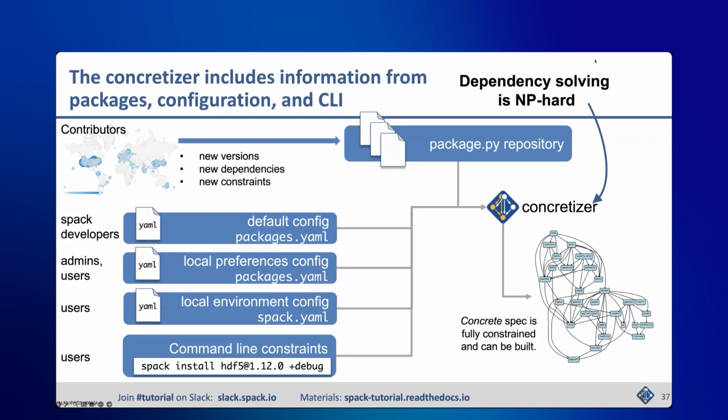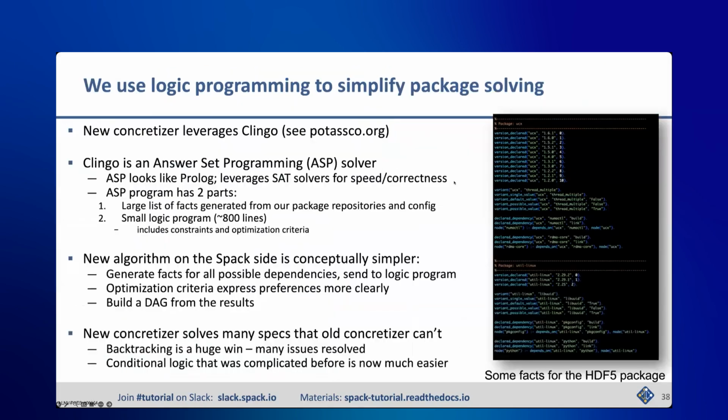You have to deal with diamond constraints, and essentially anything in the graph could affect anything else in the graph. So it's an NP-hard problem. We are using something called answer set programming to handle the solver internally. So the concretizer is implemented with Clingo, which is an ASP solver. You don't have to know any of the details of this to use Spack, but so that you know what's